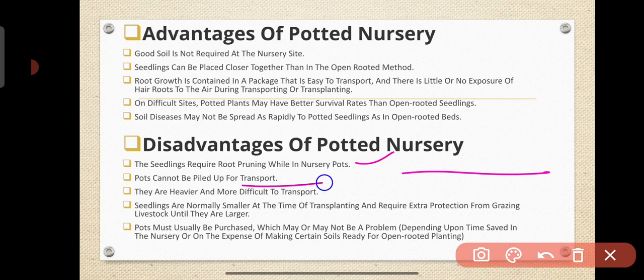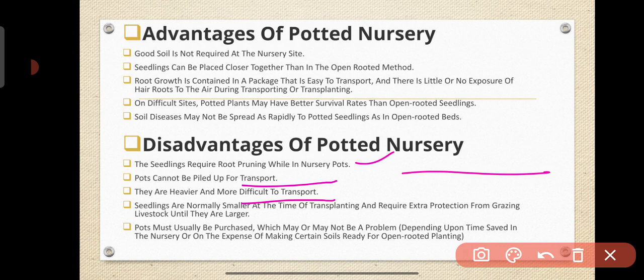Pots cannot be piled up for transport. We cannot pile up the pots, because if we do so, the pots will break. These are heavier and more difficult to transport. Obviously, pots will be heavier, and if they are heavier, it will be difficult to lift them and hence